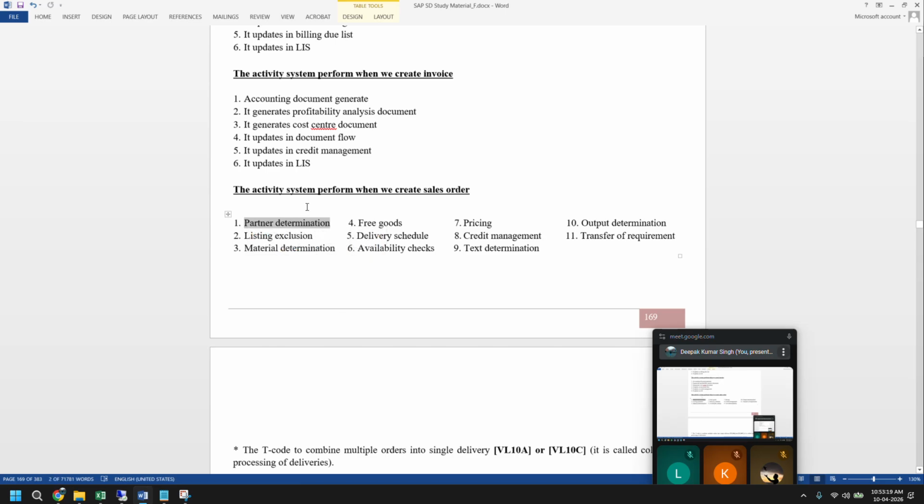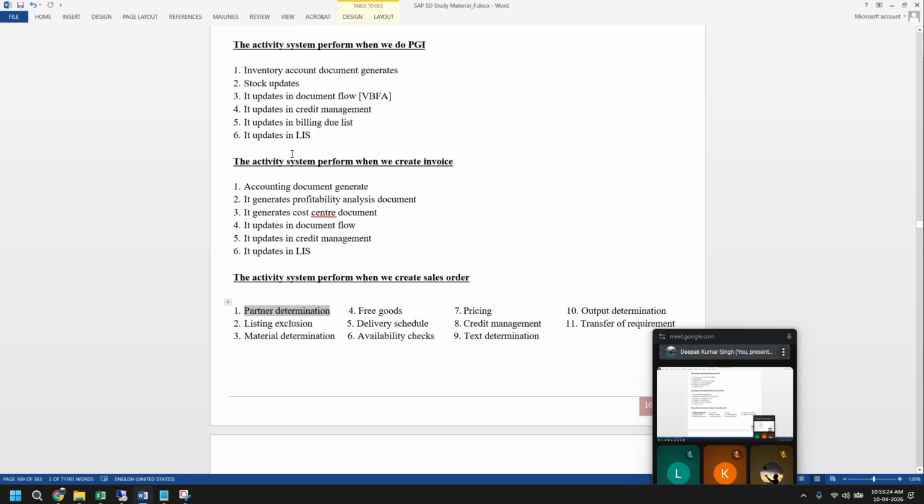Now, second thing, this has to be remembered in sequence. This you cannot jumble. Here you can jumble it, that's fine, it will work. But here you cannot jumble. You need to remember in sequence only. First, partner determination. Then